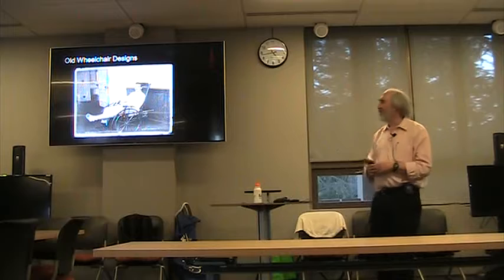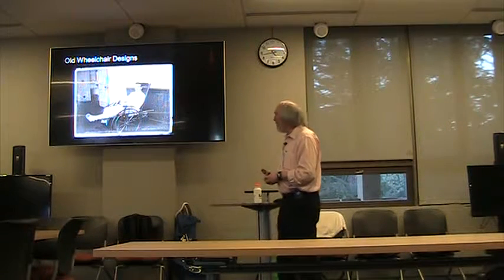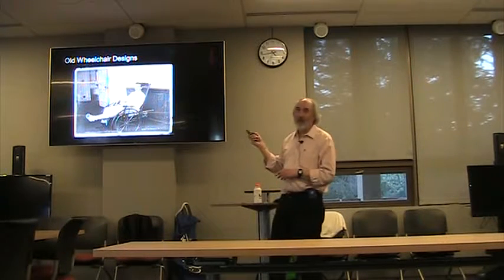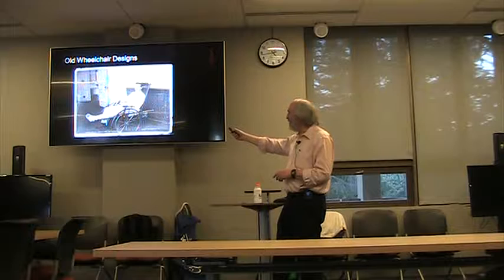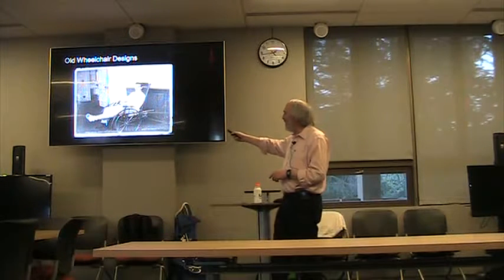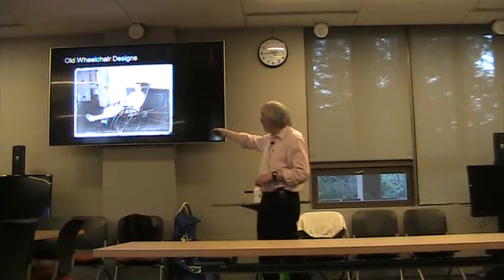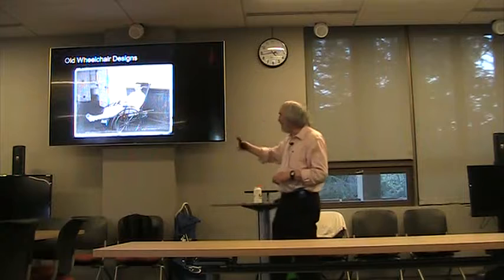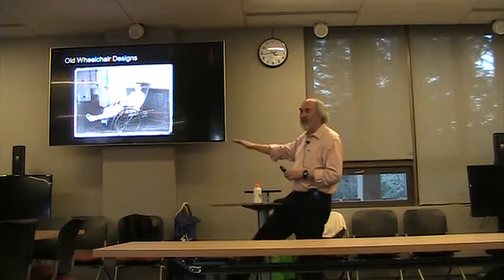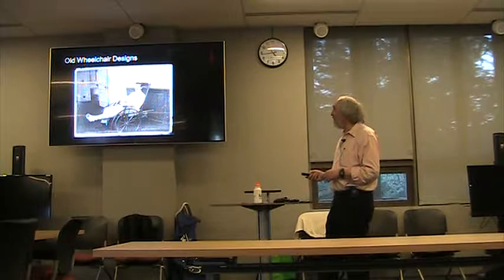So let's get into assistive technology. So this is an early wheelchair. This is sort of interesting. The wheels are made out of wood. The push rims are wood. The seat is a wicker seat, also made out of wood. It can recline, and there's a third wheel in the back behind it. And it has a place to elevate the legs, so it's actually pretty functional, probably pretty heavy too.